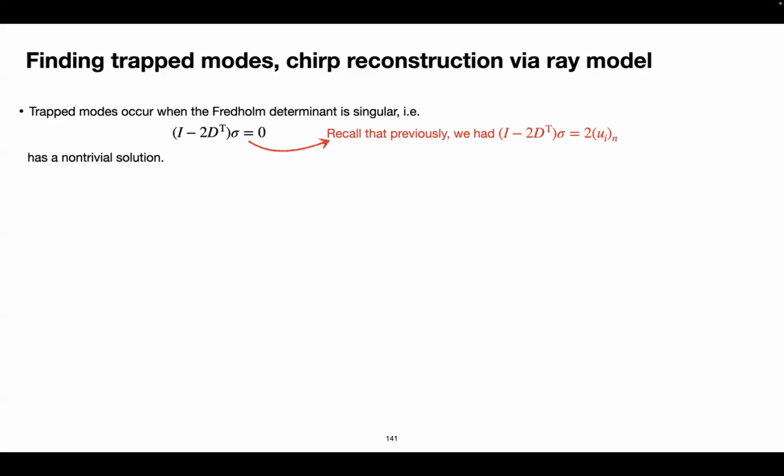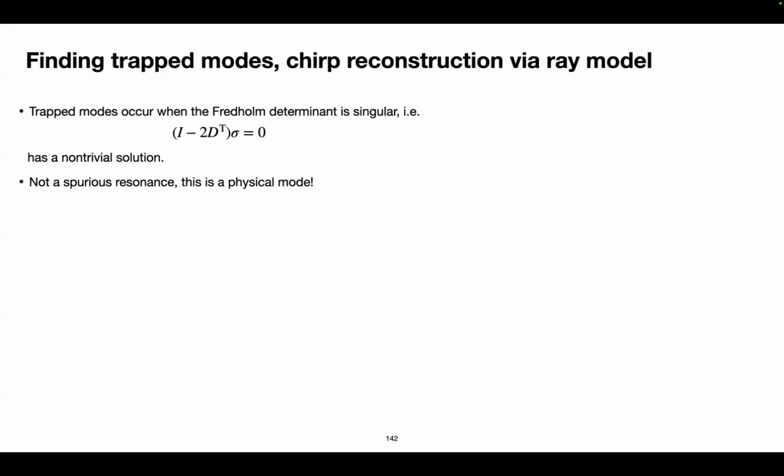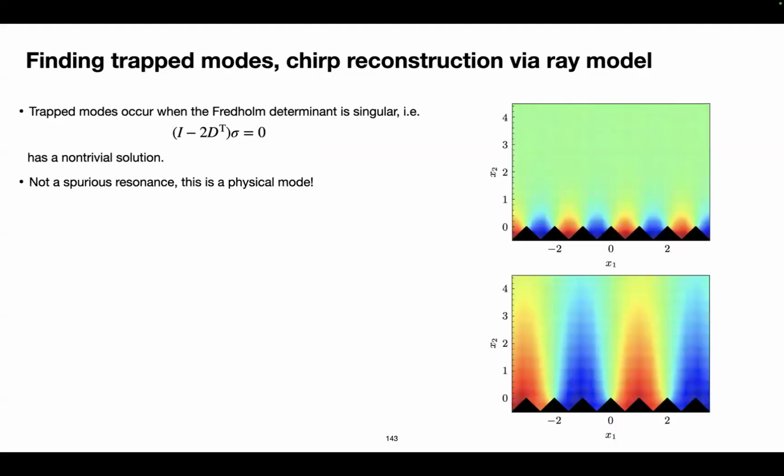So this is the mathematical definition of a trapped acoustic mode. But to give you some more intuition, this is what they actually look like. In black, I have the stairs, and blue and red just mean areas of different air pressure. Red is excess pressure, and blue is areas of low pressure as the sound propagates. These trapped acoustic modes get their name because their amplitude is large close to the surface, but then they decay away. There are several of these modes of different length scales, and you see that the first one decays much more quickly than the next one.